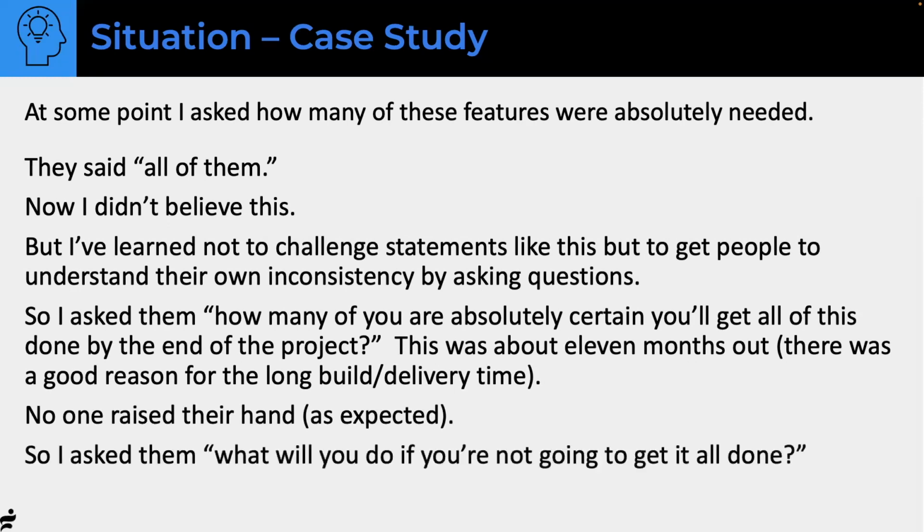So then I said, what will you do if you're not going to get it done? Do we just work for a year and not deliver anything? Do you get how what they said was true? They said if we didn't have it, we'd have to not release or skip the deadline. And I knew they didn't want to miss the deadline. This was a company that every November delivered their product, and there were reasons again for that. So they said they'd have to descope.